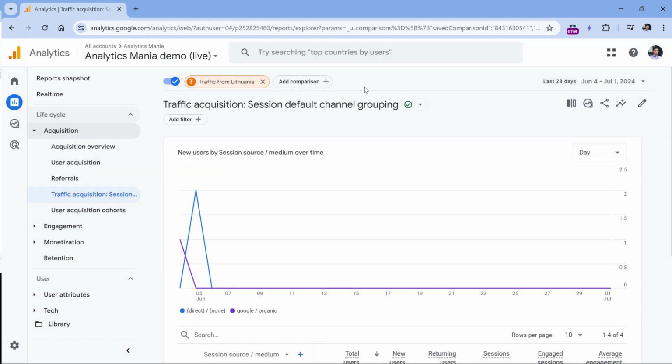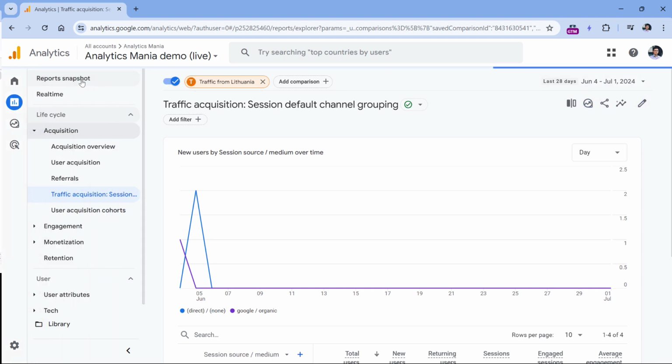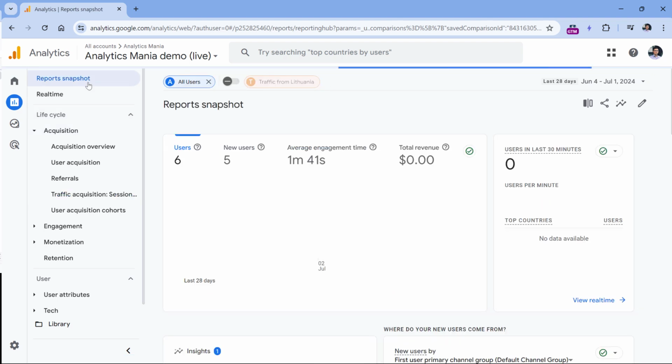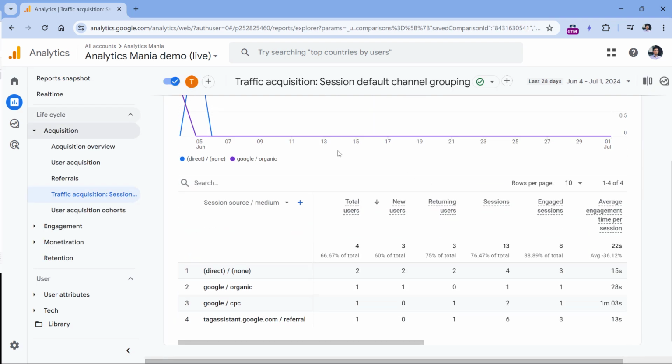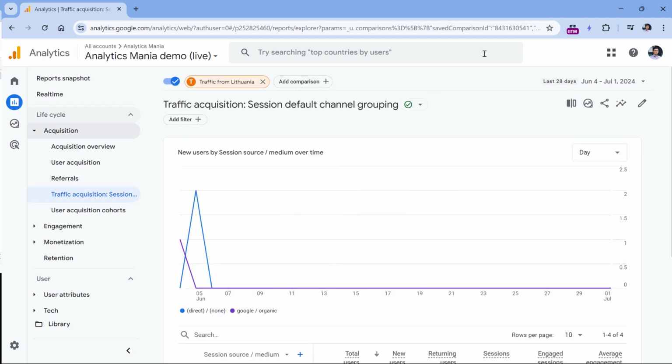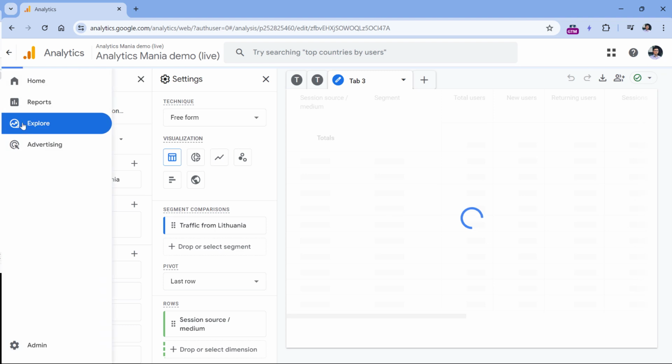One more feature that I want to show you is this right here. So it applies to detail reports. You cannot see this, for example, in the report's snapshot. So if I go here, that icon is not available there. But if I go to the traffic acquisition report, which is a detail report, it has a table, it has a chart. And if I click this to export the report to analysis, it will try to recreate an exploration